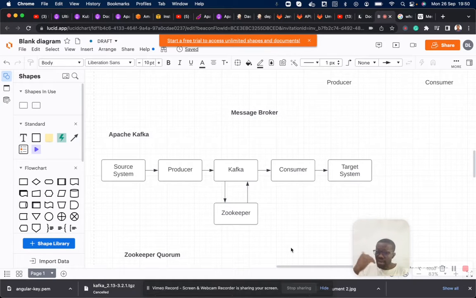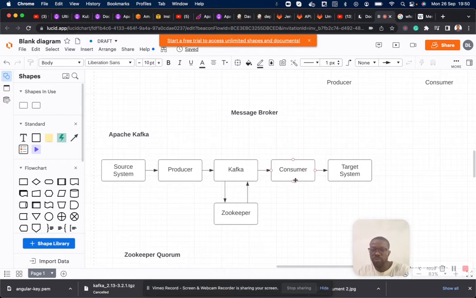Without Zookeeper, Kafka cannot work, right? Zookeeper is a distributed key value store. Zookeeper is also responsible for sending signals to and receiving signals from the Kafka broker.